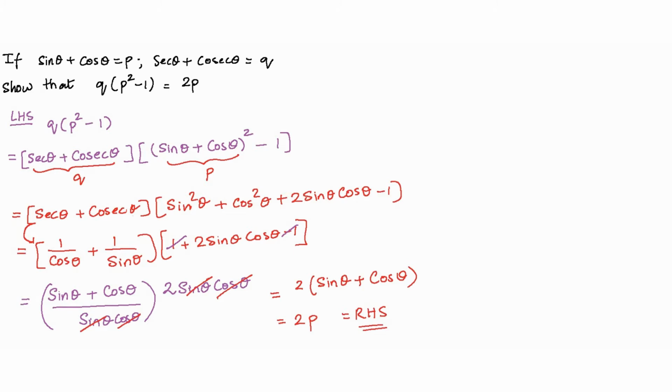By the way, when you solve problems related to trigonometric identities, always remember to mention the properties that you use. So over here, I would use sin square theta plus cos square theta is 1. And over here, I would also mention sec theta is 1 by cos theta and cosec theta is 1 by sin theta. So when you solve trigonometric identity related problems, always remember to mention the identities. Okay, let's continue with the next question now.